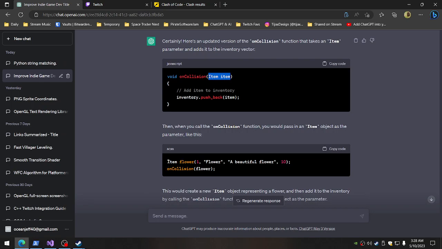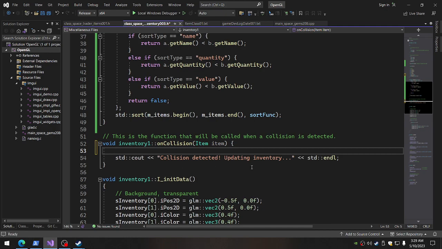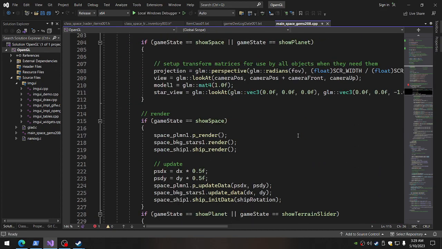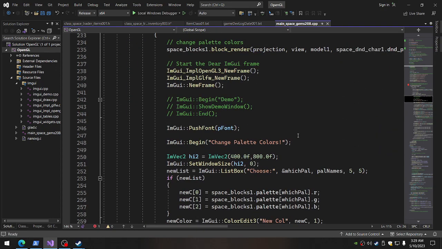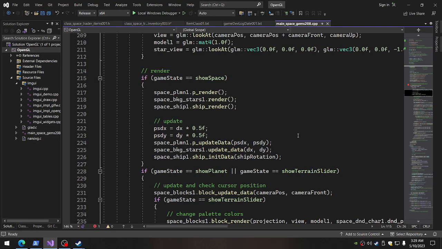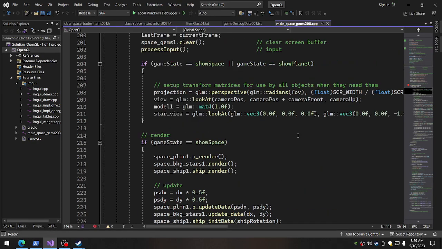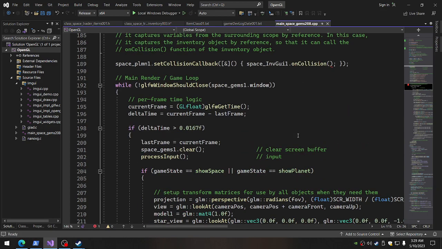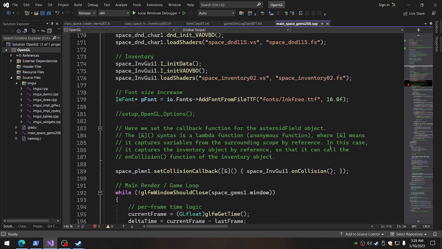So then right in here, but that's going to go when you call the onCollision function. So when I call the onCollision function,